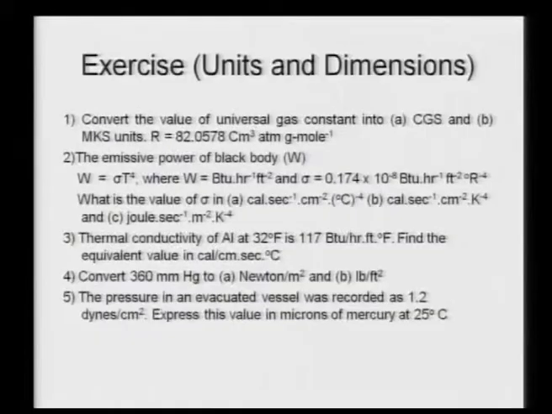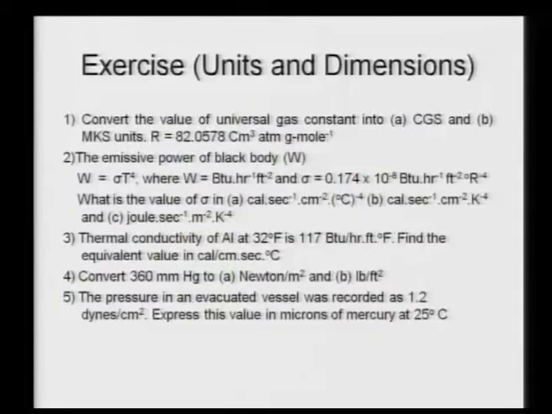What I would like is that, from the given dimension of R, centimeter cube atmosphere gram mole to the power minus 1, you should be able to derive, by suitable multiplying factor on your own, the unit of R in CGS and MKS system. That is the intention of this particular problem. I know that several books give the value of R in different dimensions, but that will not serve the objective of this problem. You have to derive the units from fundamental units, that is mass, length, time and temperature. That is the intention.